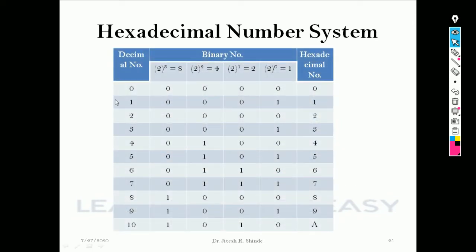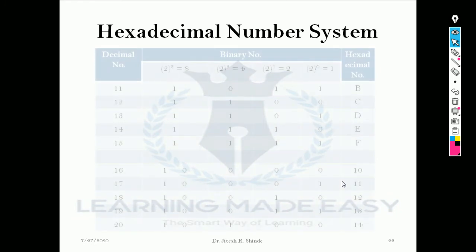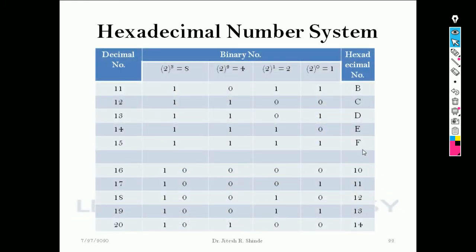Just like the octal number system, this is a tabular representation. This is the decimal number from 0 to 10, and these are the hexadecimal numbers. This table gives us the idea. The minimum number of bits required to represent a hexadecimal digit in binary is 4. The largest hexadecimal symbol is F, so how many binary bits are required to represent F? F's decimal equivalent is 15: 8 plus 4 is 12, plus 2, plus 1. The result is 15, so all corresponding digits we place as 1. So 15 has been placed here.